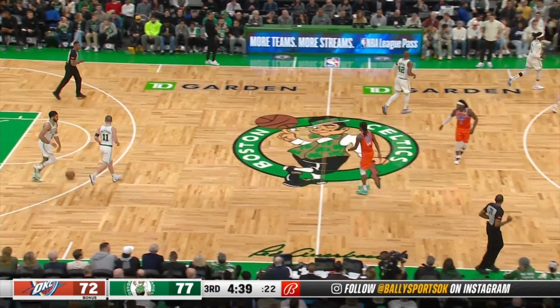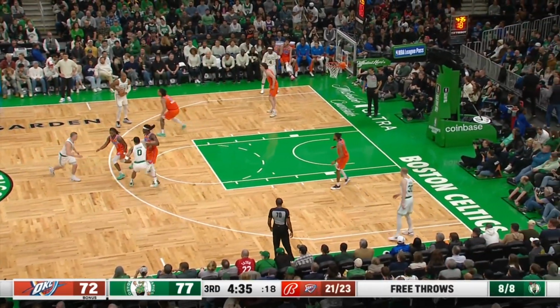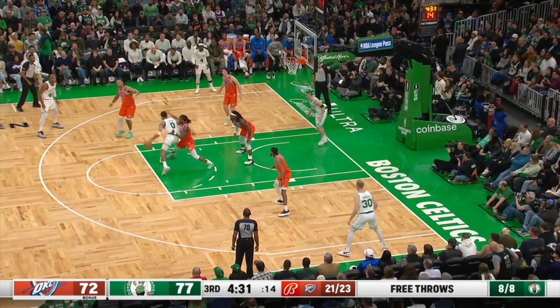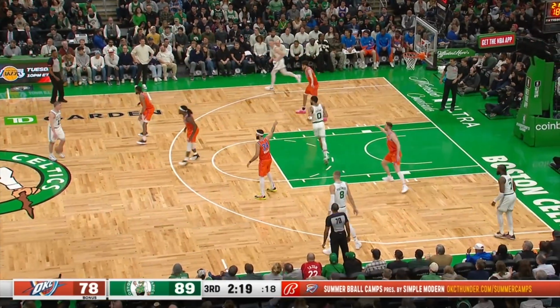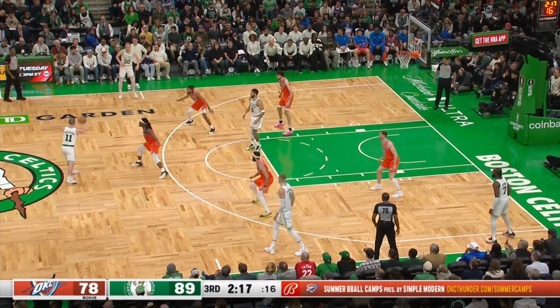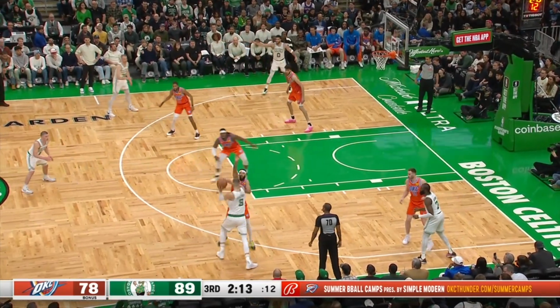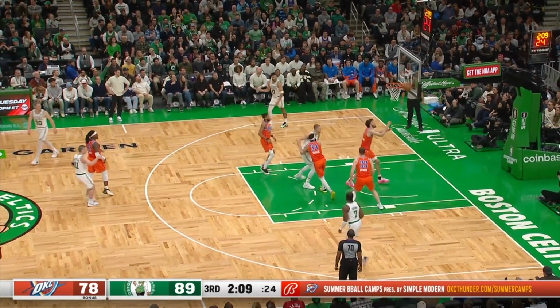It's just tick, tick, tick, tick, tick as this 8-3 run by OKC chips into this Boston lead, and that's with most of Boston's starters on the floor for most of this quarter. And I talked to him this morning about all those formative experiences that he had as a primary playmaker in some of those early days of him being here with the team in the 2020-21 season,